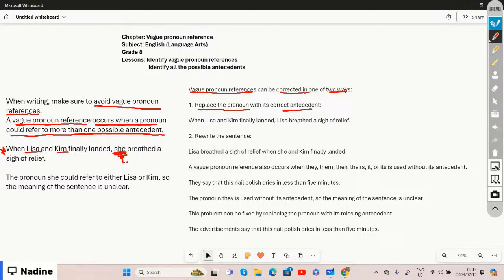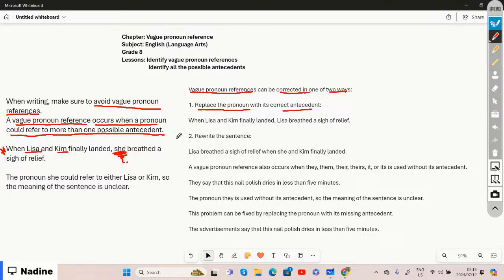And in order for us to make sense, to correct and avoid having a vague pronoun reference, we want it to be clear and definite. Then it means that we are going to replace our pronoun, which is she, for example, with the correct antecedent that we are talking about. So since Lisa and Kim landed,